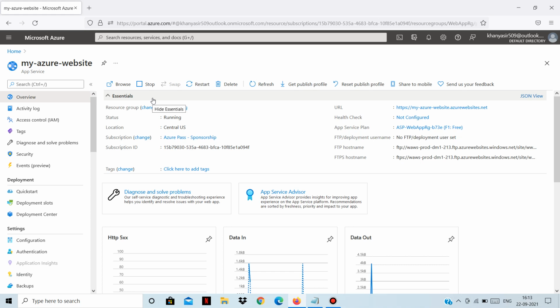The next method is war deploy. You can use war deploy as it is designed for deploying Java web applications using war packages. So it is meant for Java web applications. Then comes Visual Studio. I hope you all know what Visual Studio is. It's a code development software. It provides you with lots of features which you can make use of to write code, debug code, and test your code, etc.